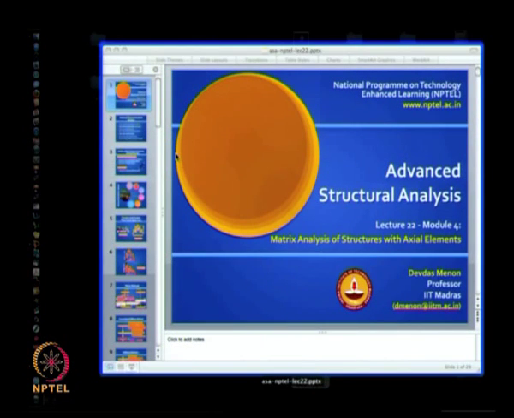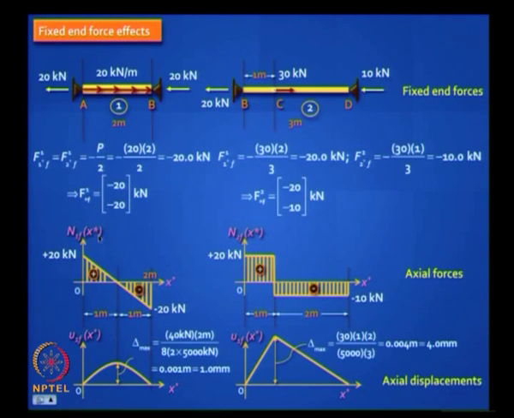Can you give it a shot? What will be the axial force variation? Linear, it will increase like this, we just discussed this, right. This UDL will give me a linear axial force variation and a parabolic axial displacement, and the maximum displacement here is PL by 8EA. Now here the EA is 2 EA, mind you, in this problem, so you have to write 2 times EA. EA is given as 5000 kilonewton, you get 0.001 mm, which is 1 mm axial.